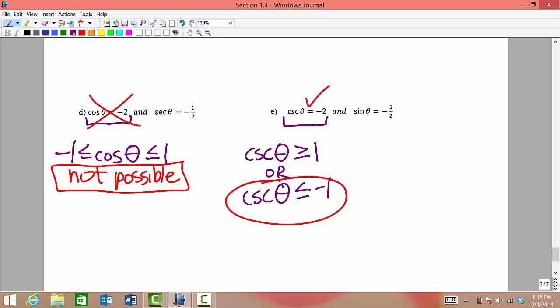Let's check the next one. We see that we're given the reciprocal, sine, is also negative, so the fact that they're both negative is a good sign. And the reciprocal of negative 2 would be a negative 1/2. And let's make sure that sine is in the allowable values. The sine values have to be in between negative 1